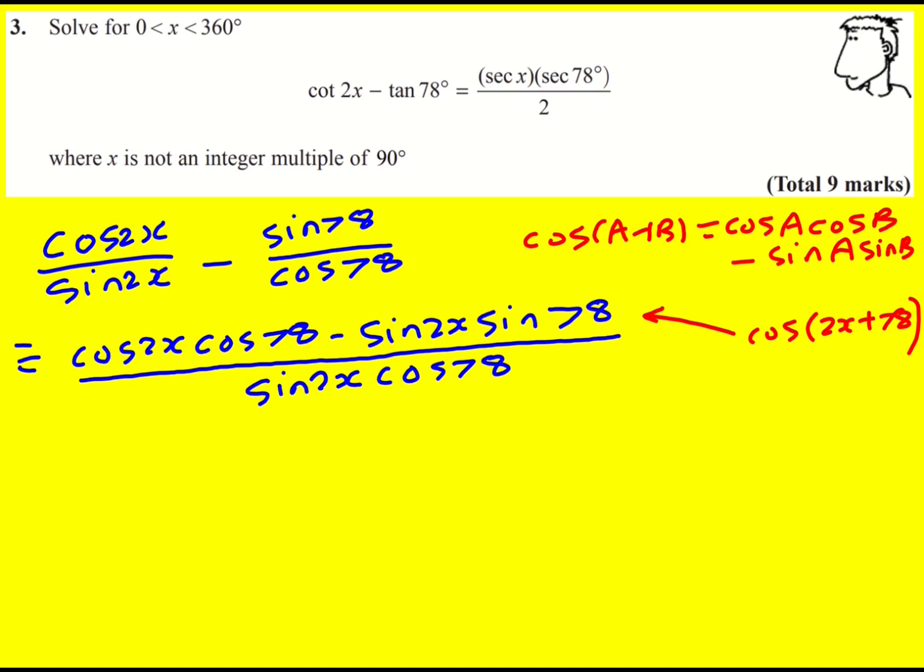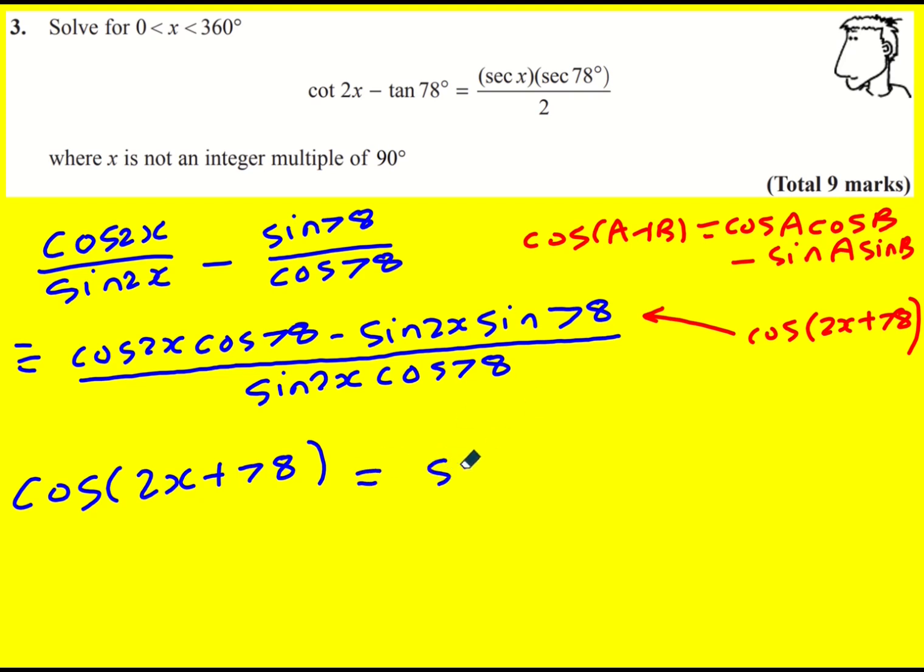It feels like a good idea to go down that route, even though that then brings in not just an x or a 2x, but if you actually try and expand cos 2x into a sort of formula involving cos x and so on, then it doesn't work out. You have to go down this route. So we're left with cos 2x plus 78